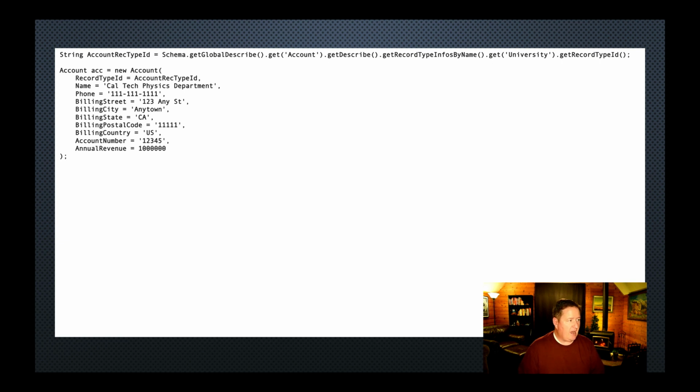Now at this point, I have an account created in memory, but if I were to execute the code just like this and go into Salesforce, I would not find this account because I haven't done what's called a DML statement. DML stands for Data Manipulation Language, and it is when your code actually interacts with the Salesforce database itself by doing an insert or an update or a delete or something like that, taking action on the database itself. So after creating my account record, my last step is to put my DML statement, insert acc, and that will